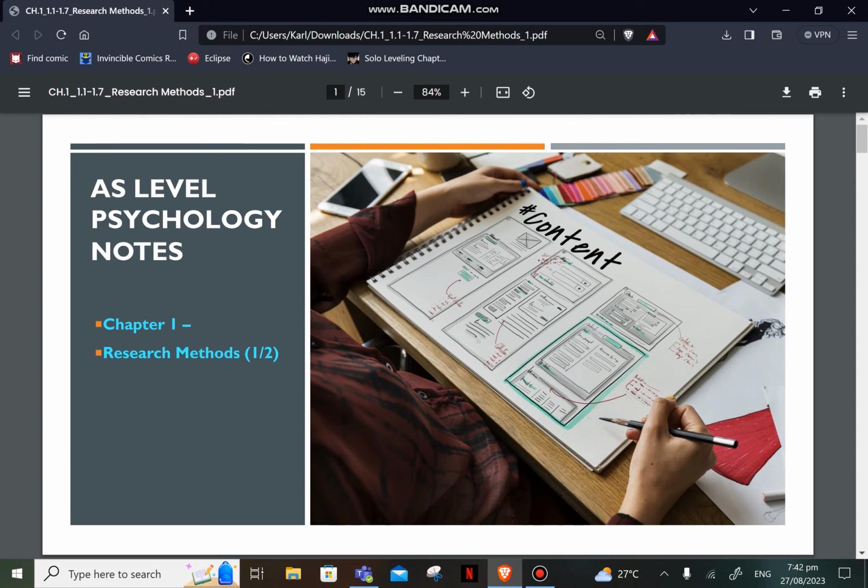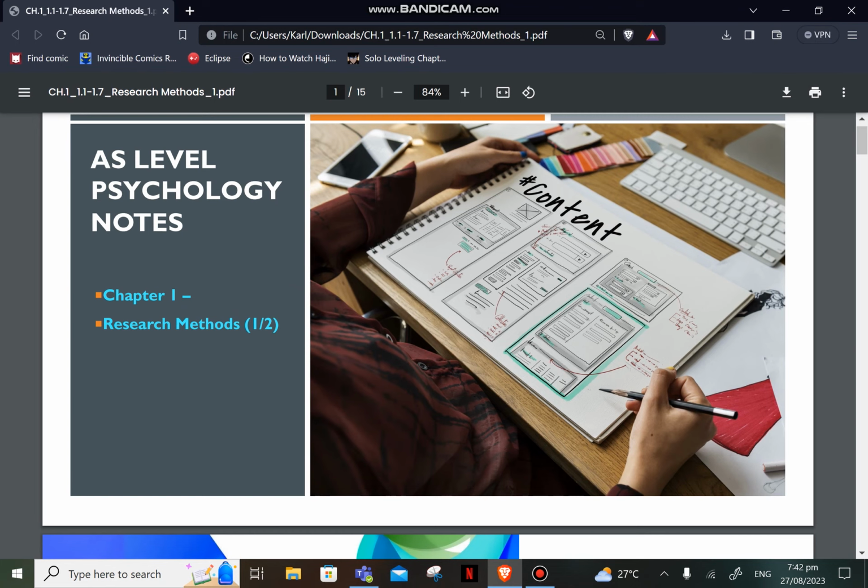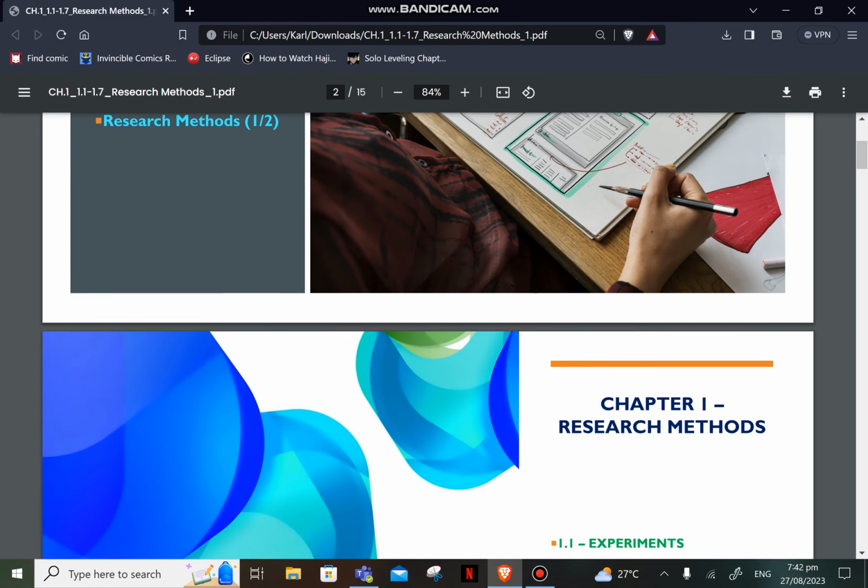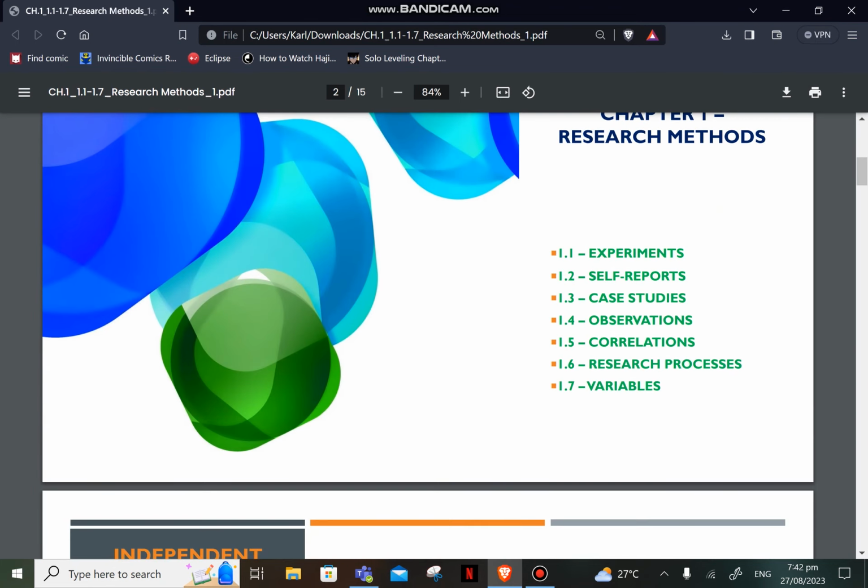Here we will be focusing on the first chapter, which is research methods. Without further ado, let's get right into it. So first off the bat, we have all of the various things underneath in this chapter. We have experiments, self-reports, case studies, so on and so forth. I will only be going over the types of experiments and self-reports in this video, so hopefully that's helpful to